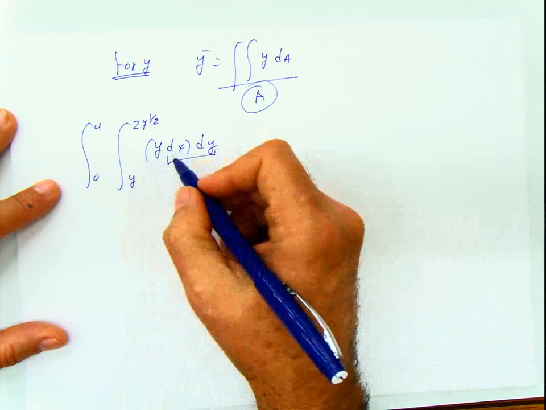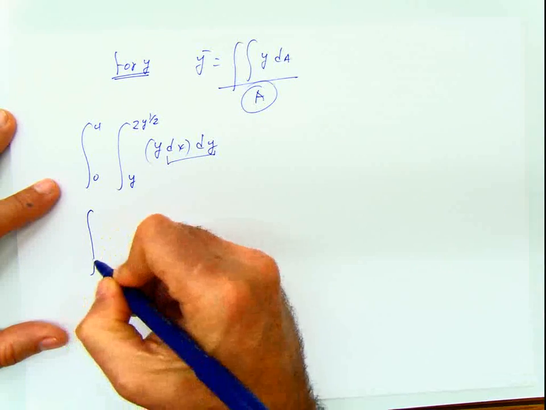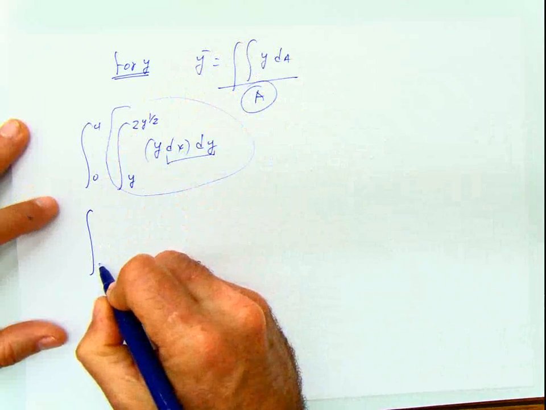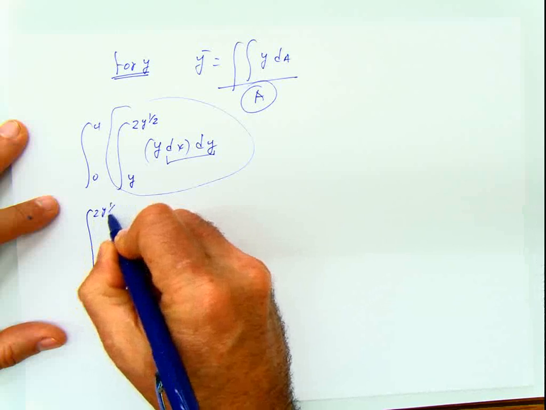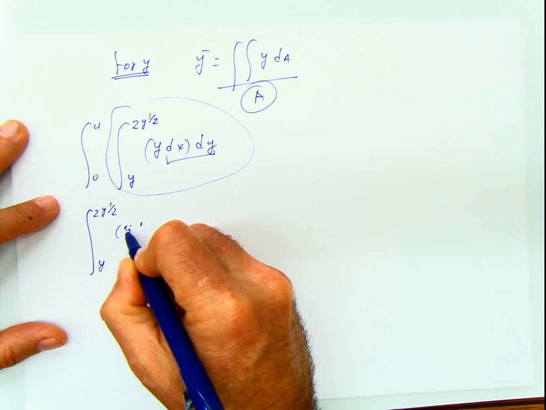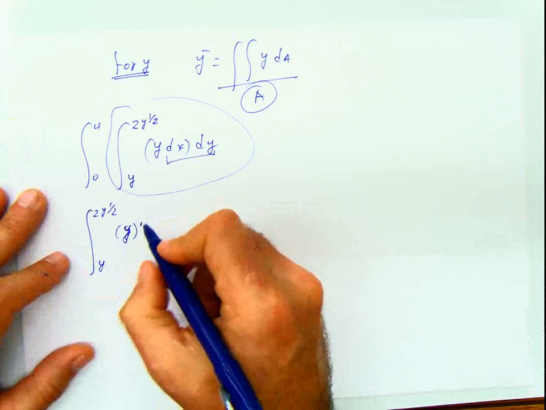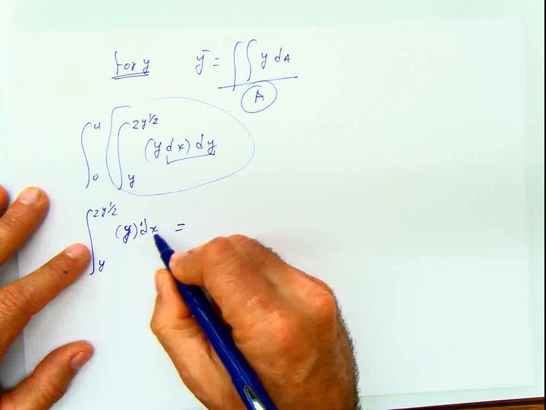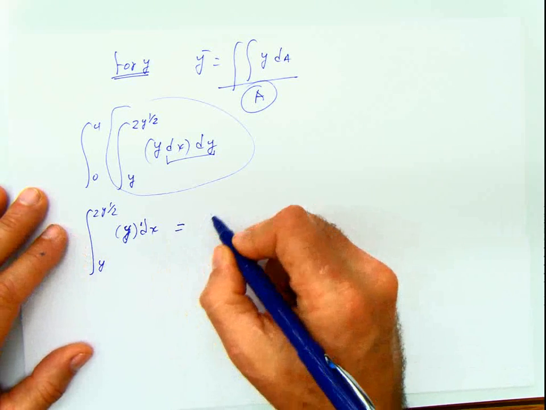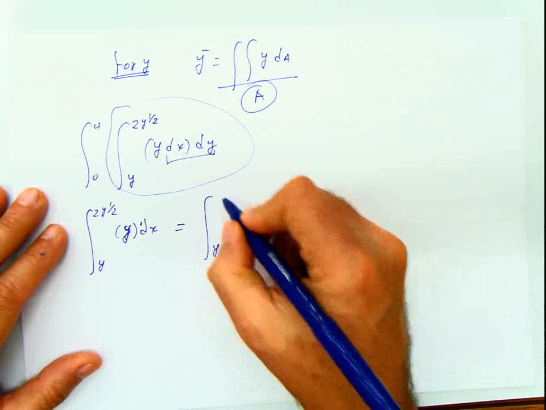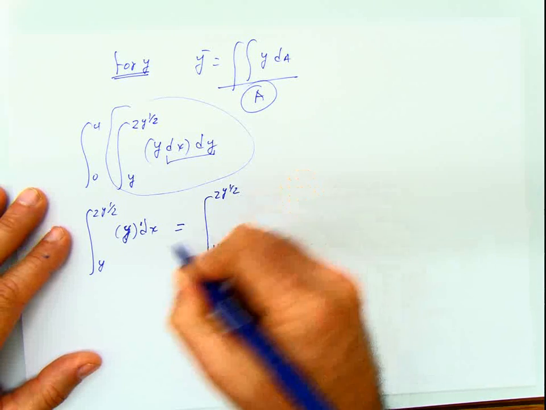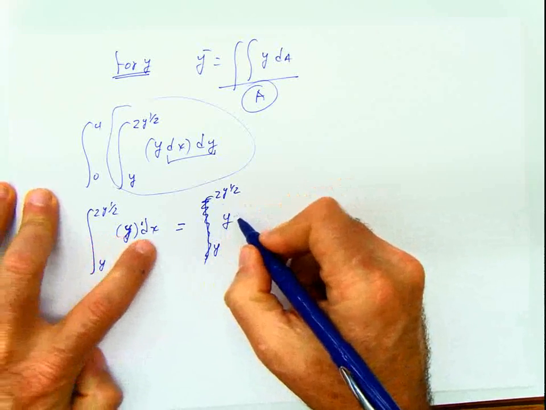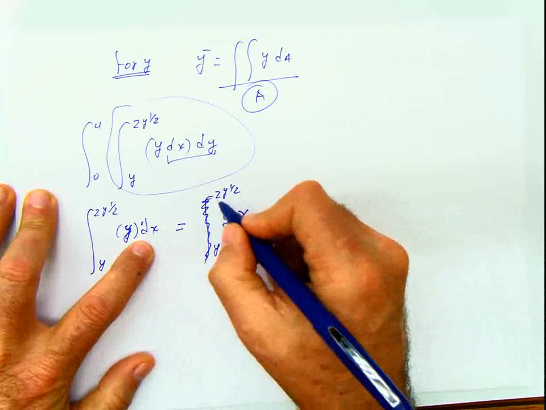And now we solve this. Let's solve first this part, the integral from y to 2y to the 1/2 of y dx. If I had to solve this first, then remember the differential is dx. So when I do that, it's going to be y times x, because y is already here, and these are the limits that I have to evaluate it from,